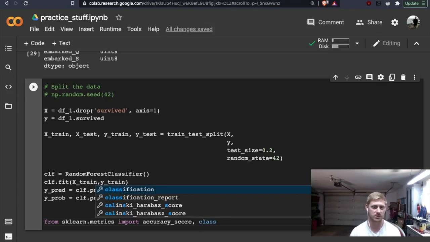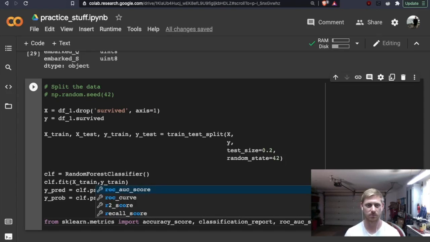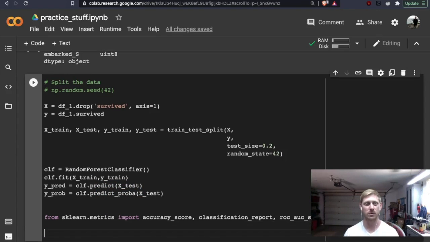I'm not actually going to write these, so if anything, just practicing recall this study session. So recalling how to call these and where to call them from. We have our accuracy score, our classification report. Would it be ROC curve and AUC score? Yeah, actually it would be. So that was the other two. This is a flashcard, and I remember it asking how you would predict your accuracy score, classification report, ROC AUC score, as well as ROC curve.